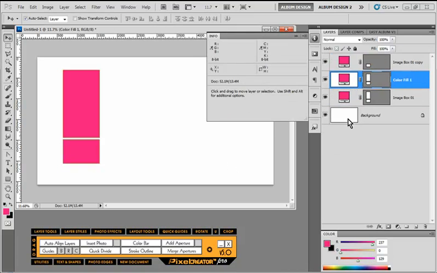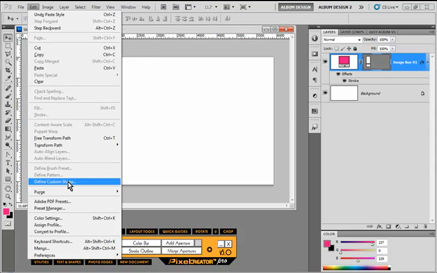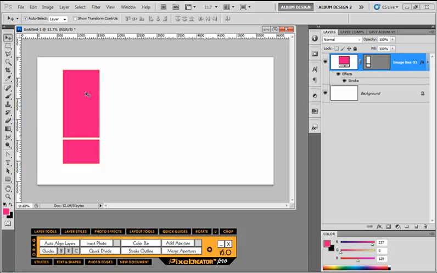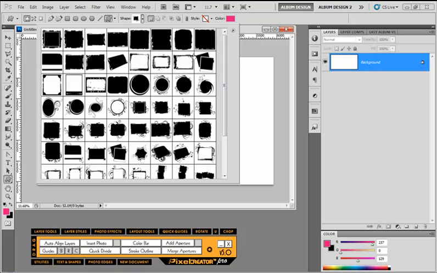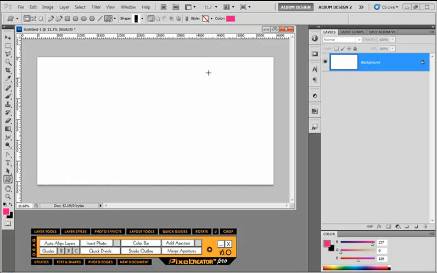Because it does something really incredible for us. Not only does it combine both image openings into one new image layer, but it also in the process created us a vector mask. And you say, well, what's significant about that? Well, once we've created this type of image opening configuration we like, if I want to then come up here to the Edit menu and choose Define Custom Shape, I can actually save this configuration. So that the next time I want to create this type of shape, I can come into my Custom Shape tool here in Photoshop, choose the different shapes that I have loaded, and there is that new shape configuration